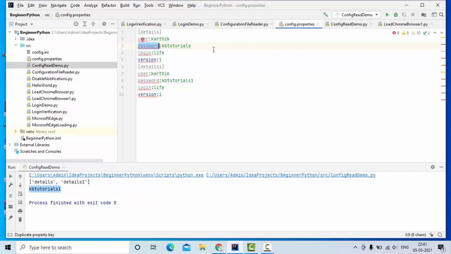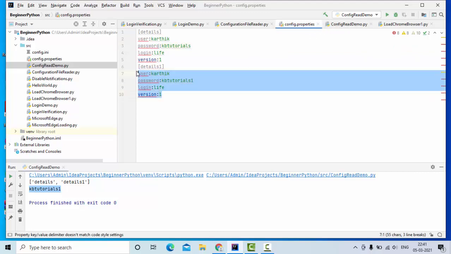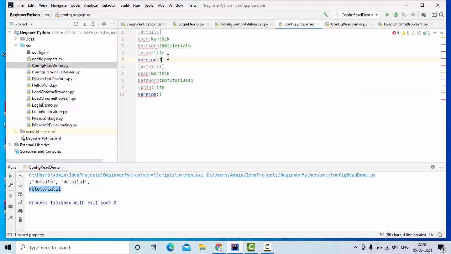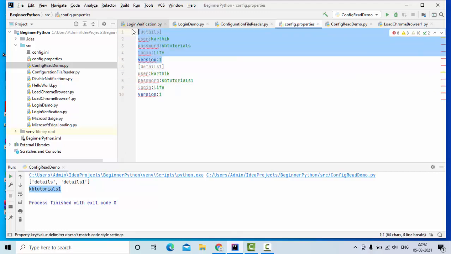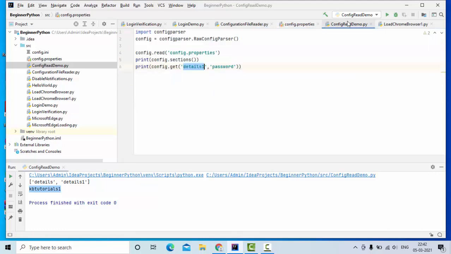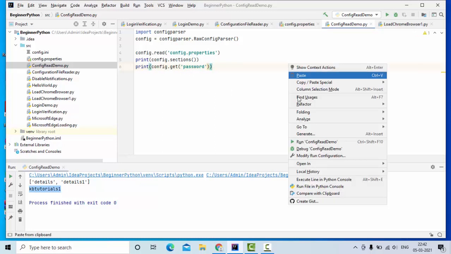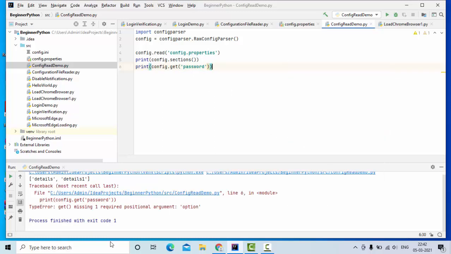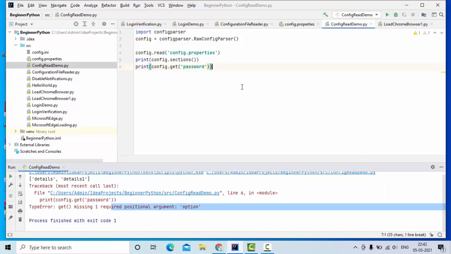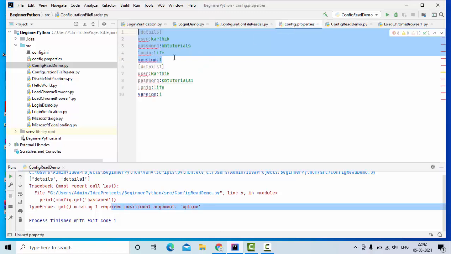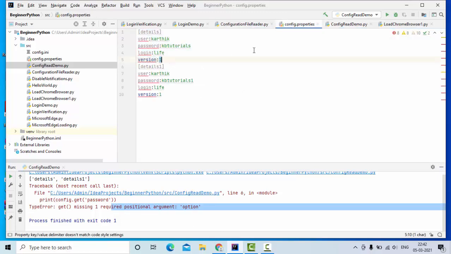Inside a section the field name cannot be duplicated, but between the sections it can be duplicated. Because of that, the section field is mandatory. If you are not passing it, then it is going to throw an exception like no section found. Now you could see, missing a section. Then here, as you can see, this is a value of 1.